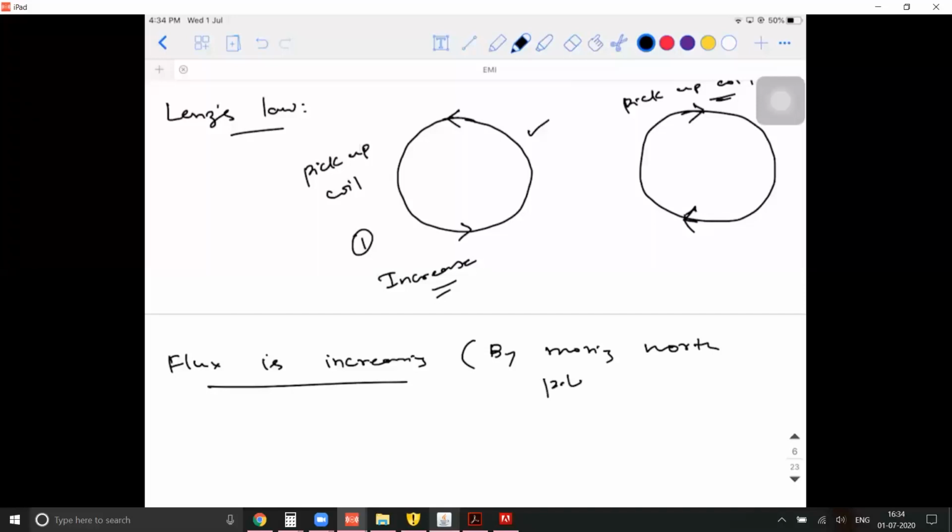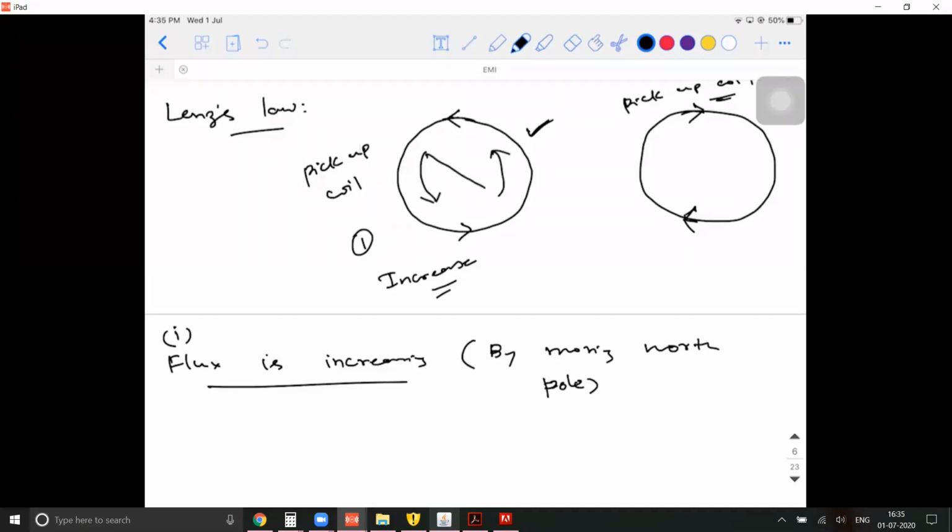So when I moved the north pole, what was the direction of current that is getting induced? Anti-clockwise. That's what you people told me. Anti-clockwise in case 1. Anti-clockwise current acts like what pole? If you recollect the clock rule which I explained to you in the 4th chapter, anti-clockwise behaves like the North Pole.